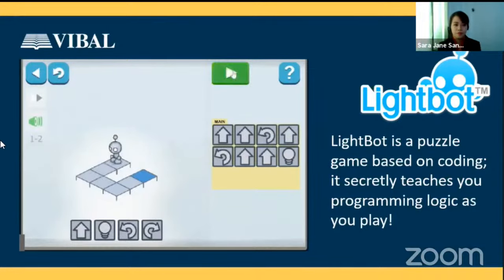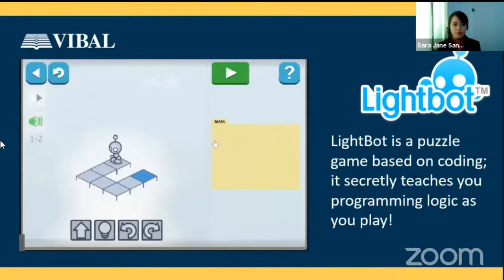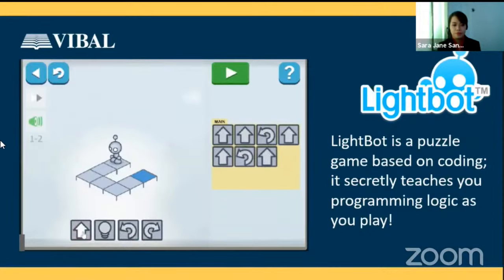So, let's redo it. Then, click on the tiles to remove them. And then, let's try again. So, forward 2 times. Then, turn. Then, forward 2 times. Then, turn again. Then, forward 2 times. And then, light up. So, let's see if it works this time.